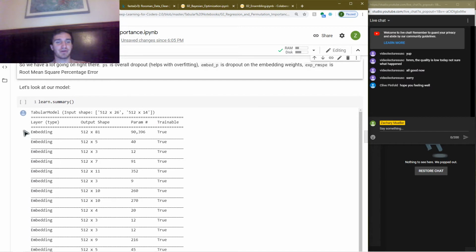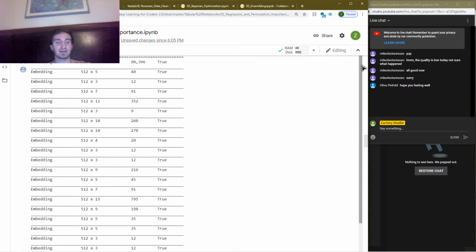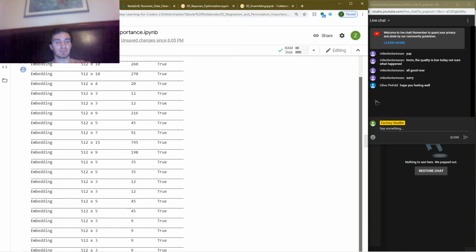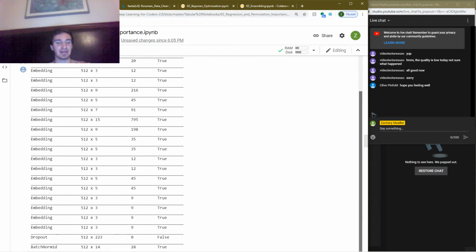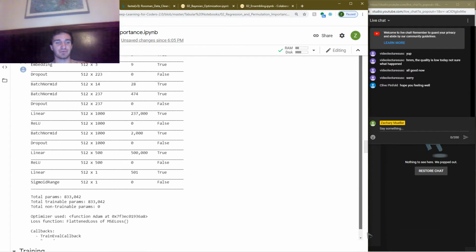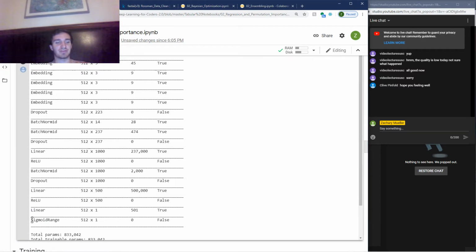And if we take a look at our model, this is what I meant by making use of the embeddings. Look at all these embedding layers that we have here. There is much more that we can make use of in this embedding space. And then, we have those two linear layers. So we have the linear layer here and the linear layer here. That's the 500 by 1000. And then we have our last one of 1. Now the sigmoid range here, that is